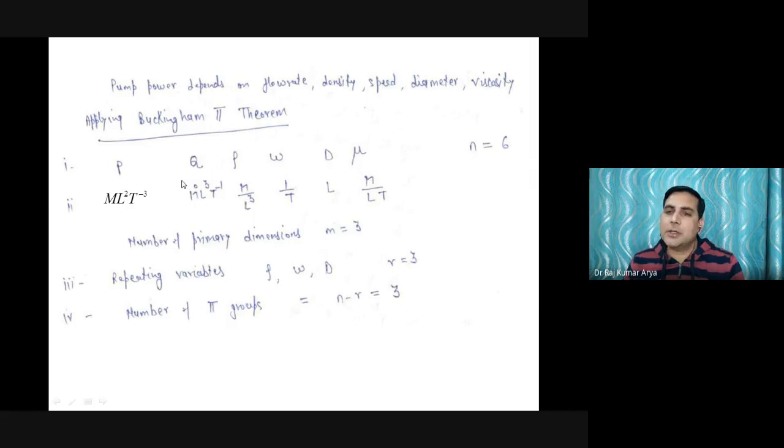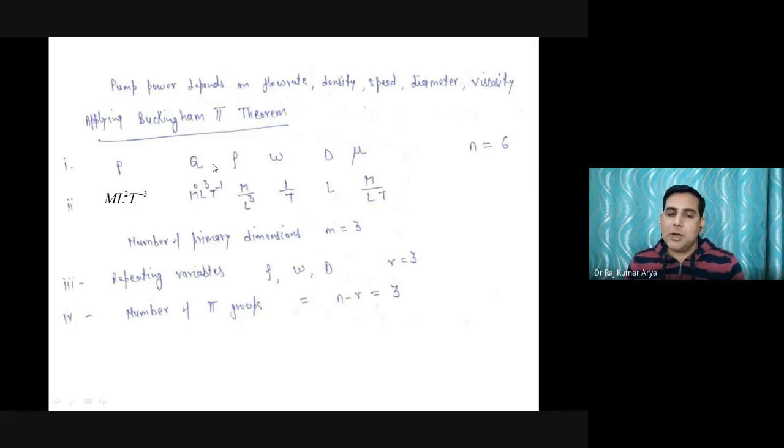Flow rate is given to you. Volumetric flow rate is not the mass flow rate. So the flow rate would become L cube, meter cube per second. That is your flow rate. Density is kg per meter cube. This is your speed, your angular velocity omega actually, so 1 by time. And then you have here diameter. Diameter is given in terms of meters, L. Viscosity is already told to you, ML minus 1 T minus 1. Correct? You can list all of them.